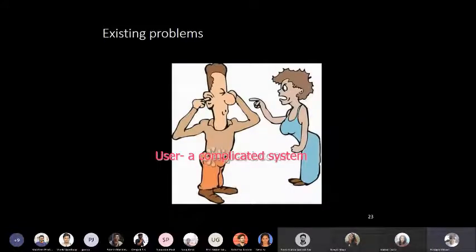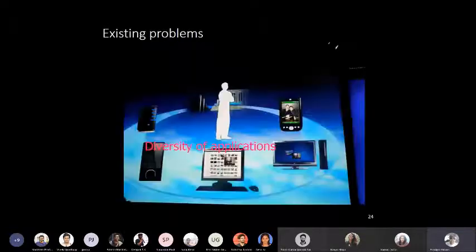Then the user is a complicated system. Although the cognitive architectures are very detailed, GOMS is too simplistic. And when we look at a multi-user system like a collaborative platform, then user modeling becomes more complicated because we also have to model human interaction, and that requires much more research, not only on the technology but also on the human factor side.